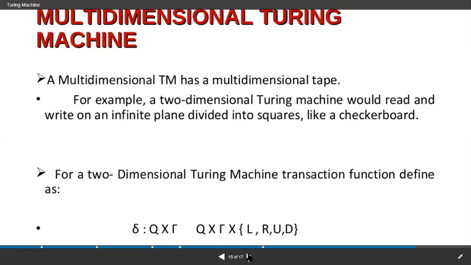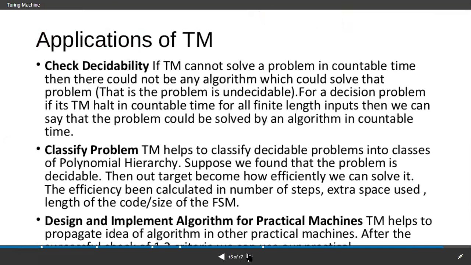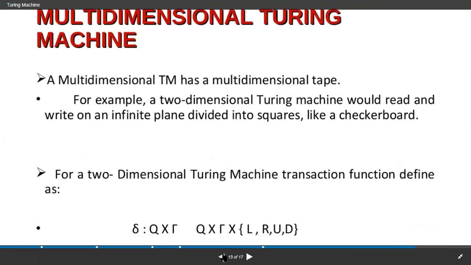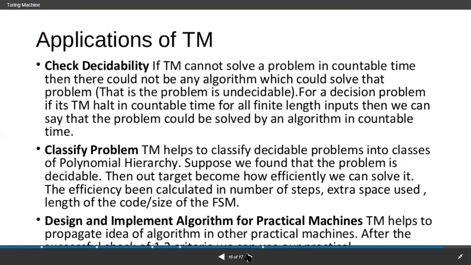And the last one we're having here, that is the last type of Turing machine. Up to now we learned about various types of Turing machines like multi-tape, non-deterministic Turing machine, offline Turing machine, multi-head Turing machine, and multi-dimensional Turing machine. So these are the 5 types of Turing machines that we're having with examples. And with the transition mapping functions, I showed you each and every type of Turing machine, right? So with this, the concept of variations of Turing machines is completed, and here we're having the last concept, that is applications of Turing machine.